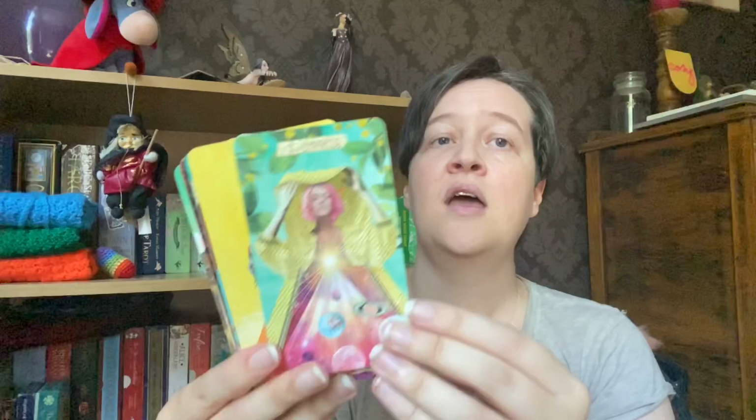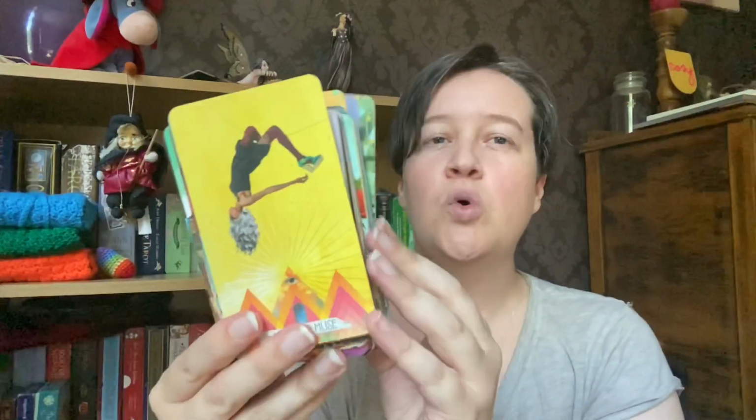I mean, every single woman in this deck, don't get me wrong, there are a lot of females in this deck. It's all females again, and I do like all female decks. It's personal taste. But they're all very, very similar body types. There is not a lot of diversity within body type in this deck. That is one thing. There is more diversity in terms of skin colour, but age and body type is very, very consistent throughout the whole deck. And I have to say, actually,